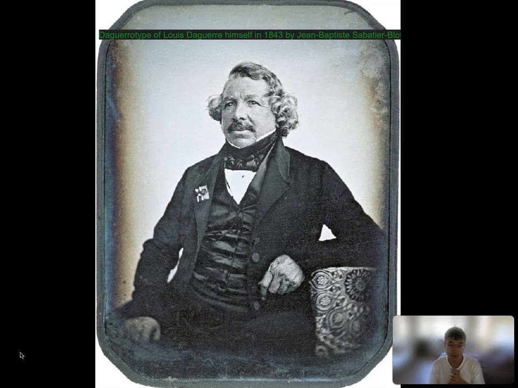Right, this is Daguerre. He took a photo of himself, right, with the technology that he invented. For daguerreotype, he uses, again, the same theory, light-sensitive copper plates, not silver plate this time, copper plate, coated with silver iodine.